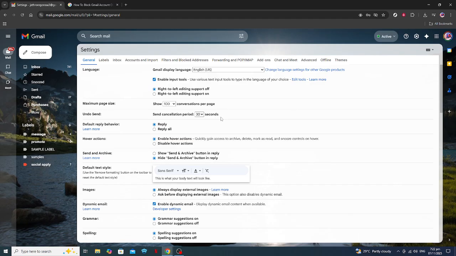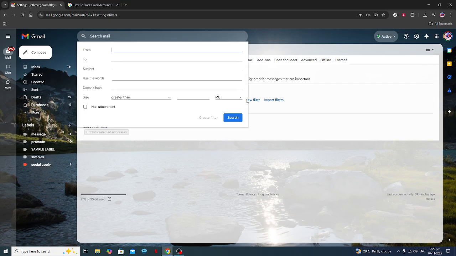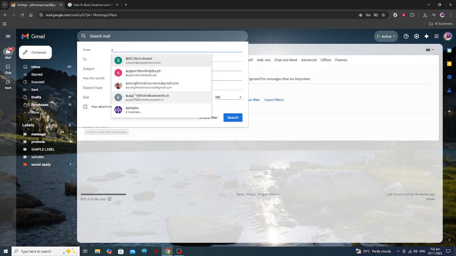In the Settings menu, navigate to the Filters and Blocked Addresses tab. Here, you can create a new filter to manage incoming emails effectively. Click on Create a New Filter. A new dialog box will appear asking for specific criteria. If you wish to block an address, simply input the email address you want to block in the From field